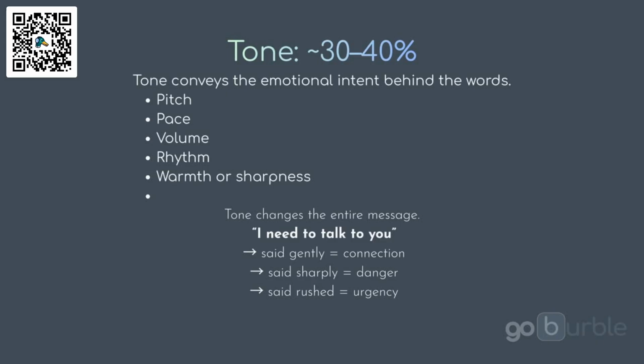Look at, I need to talk to you. How many people, okay, I'm going to raise my hand, have been triggered by someone calling you or texting going, I need to talk to you. And it's like, I'm either getting fired, I'm getting broken up with, they're mad at me. What did I do? I mean, I need to talk to you. There's no meaning or intention behind those words. But when we begin to put in tone and body language, everything begins to change. And again, your mind is going to go, I don't know what they need to talk to me about, because the unknown portion of it begins to spark the fear and the worry. And that's where we begin to sense danger and urgency. So, again, we are animals at our core. We are always looking to stay safe.